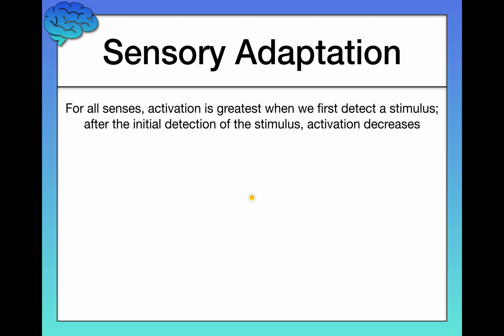Now ask yourself, if you've watched any of my prior videos here, what does this remind you of? What does sensory adaptation remind you of? Well, if you said habituation, congratulations, gold star to you. That's right. It's basically habituation applied specifically to the realm of sensation and perception. Habituation states that you respond the greatest to a stimulus upon first encounter with that stimulus. And then over time, over repeated exposure of that stimulus, your responses tend to decrease. Same sort of idea here, except at the level of the sense organs,